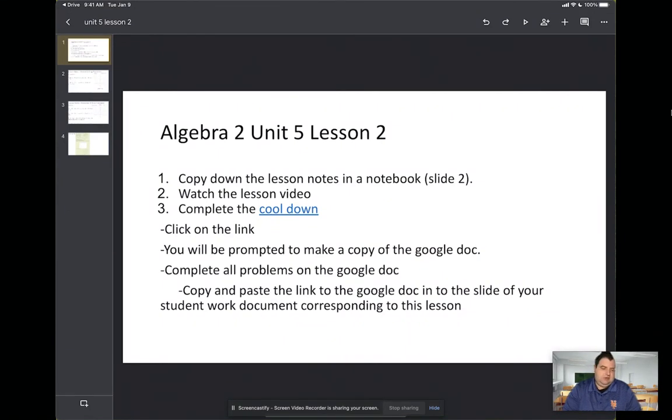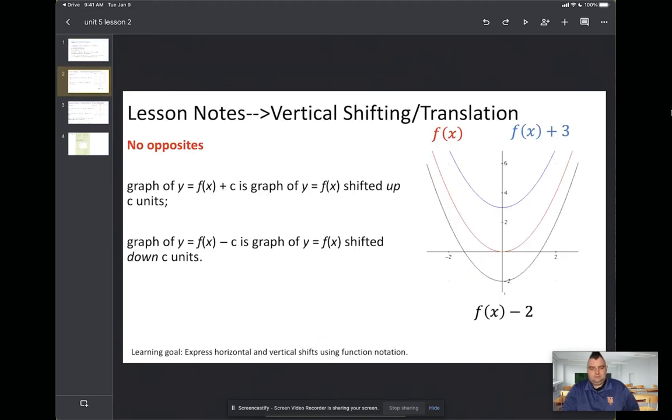In this particular lesson, we're going to start talking about vertical and horizontal translations or shifts. So for vertical shifts, we're going to talk about how we can express these shifts using function notation. And as you can see here, when we're doing a vertical shift, the amount that we shift by, whether it's a positive shift, meaning we're shifting up, or it's a negative shift, meaning we're shifting down,